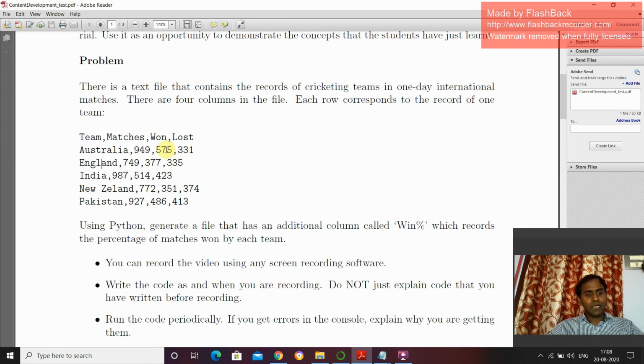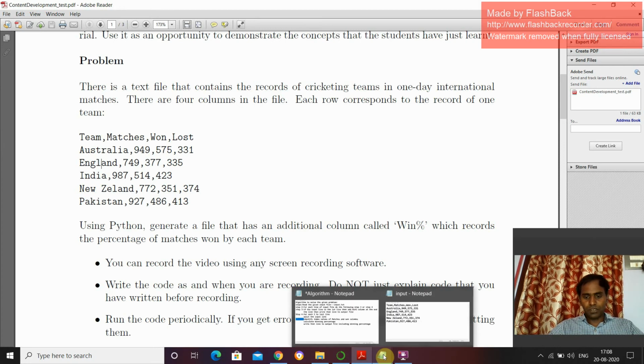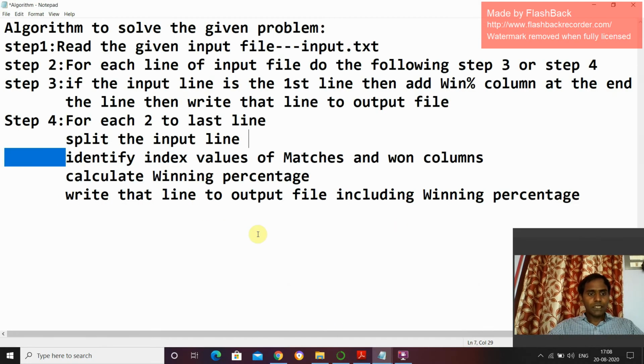The winning matches divided by the number of matches played, times 100, gives the winning percentage of the team. So we have to know the index values of matches and won. The index value starts from 0, so 0, 1, 2. The won index value is 2, and the matches index value is 1. That will be helpful in writing the solution.